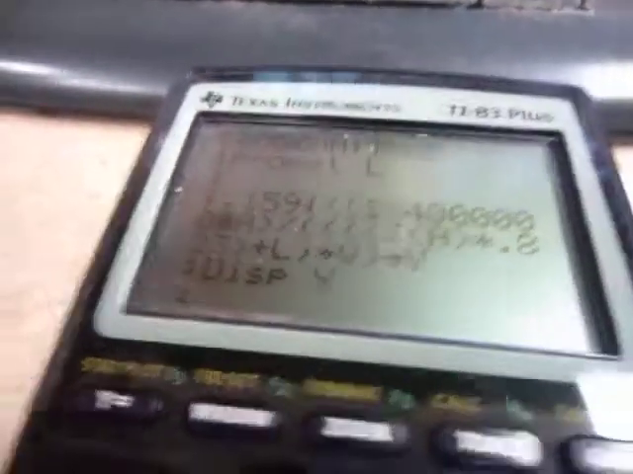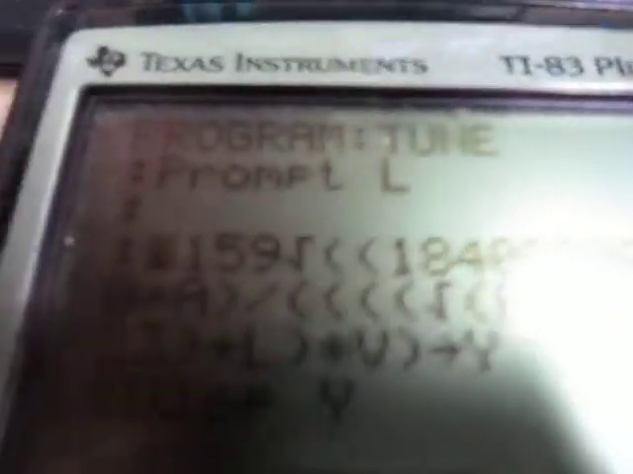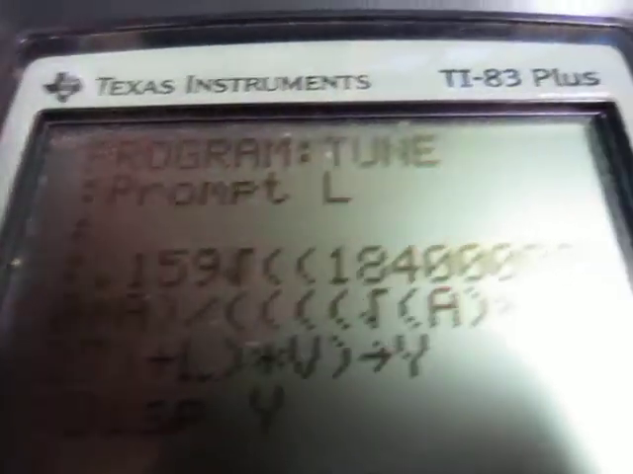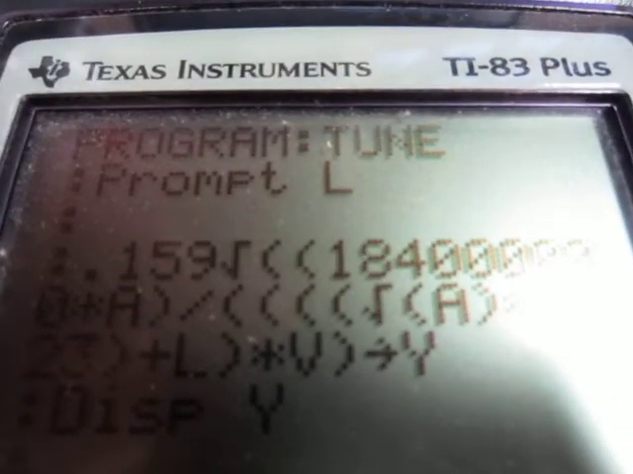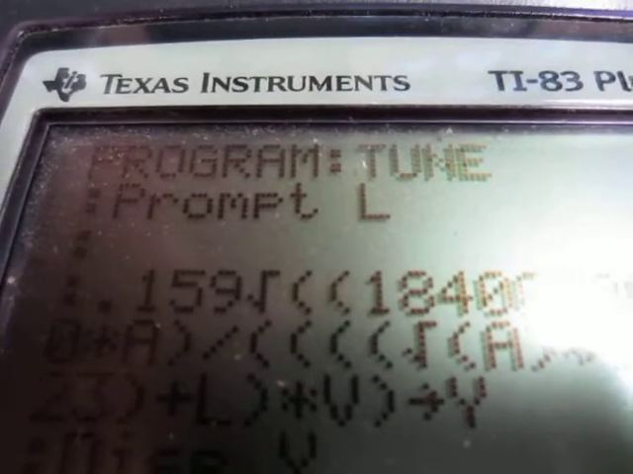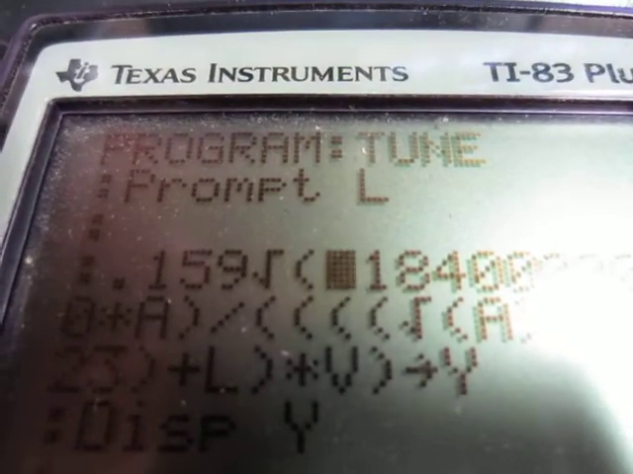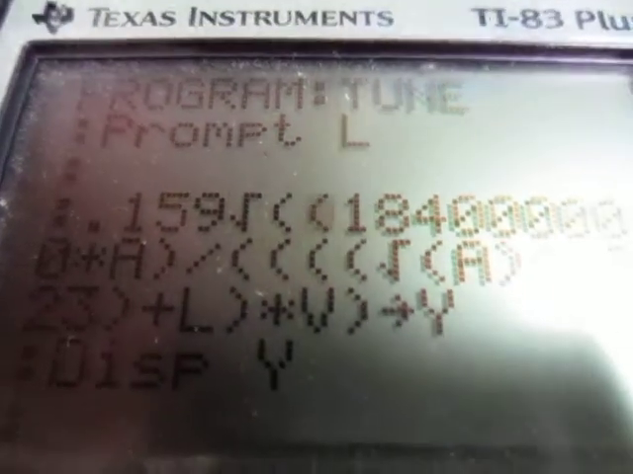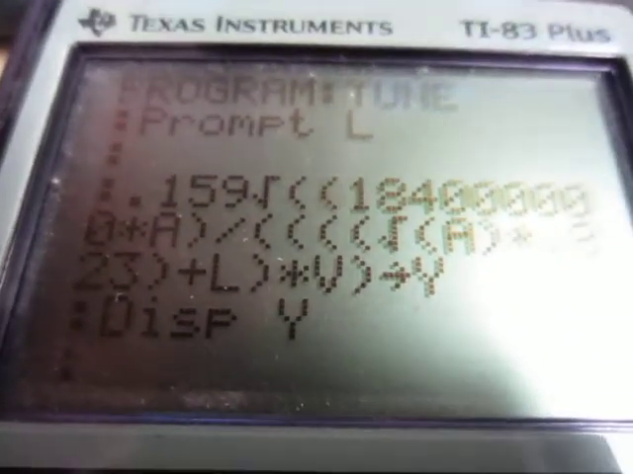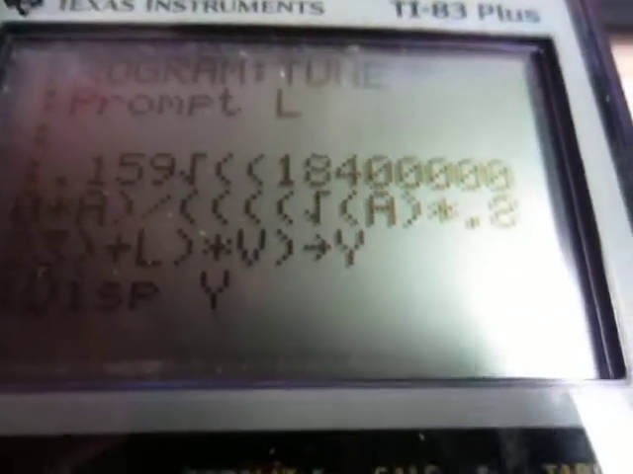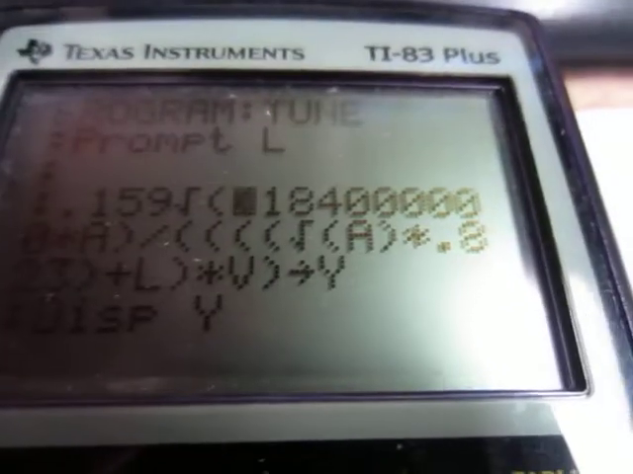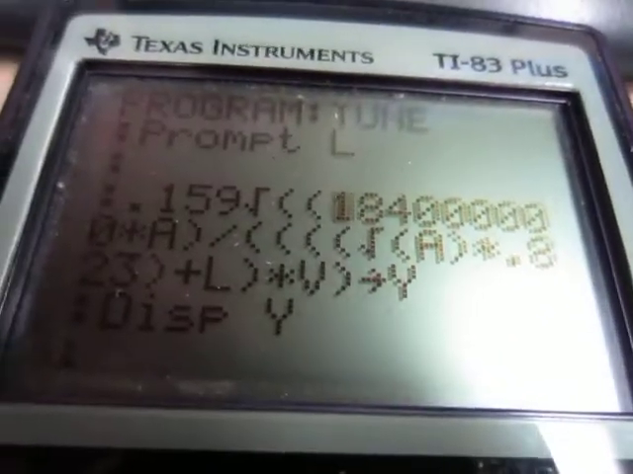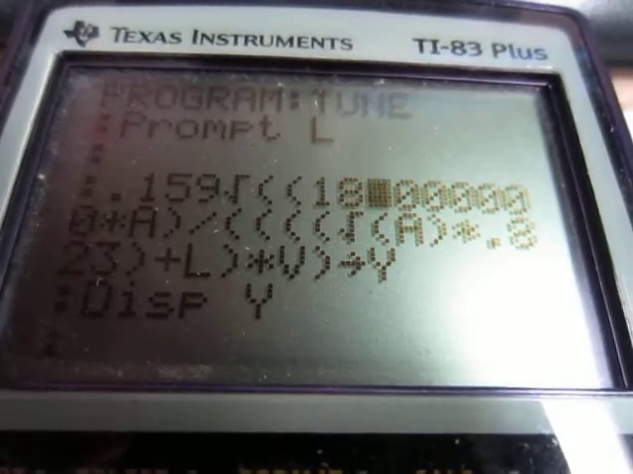But you're going to want to type in the 0.159 and then the square root, which will also include the parentheses that I can't highlight here. See me skipping back and forth? That parentheses is included with the square root, so it's still going to count as 1, but you don't have to enter it. Then you're going to want to hit 184 followed by